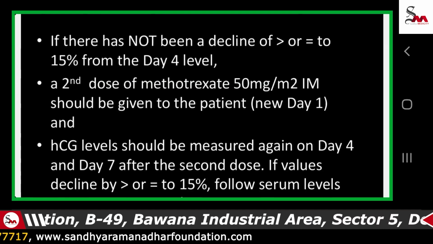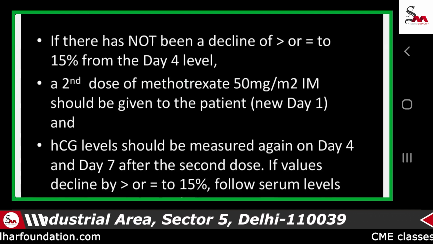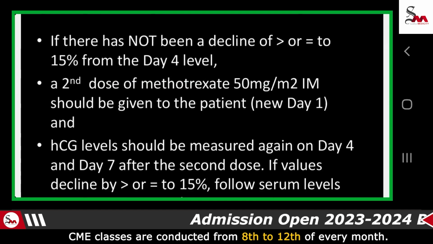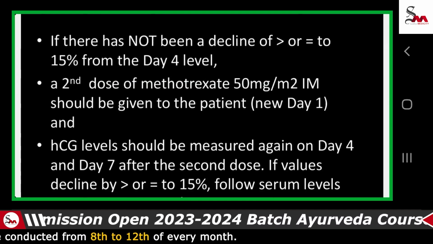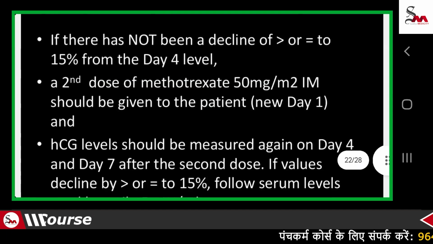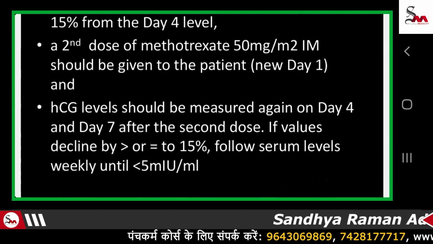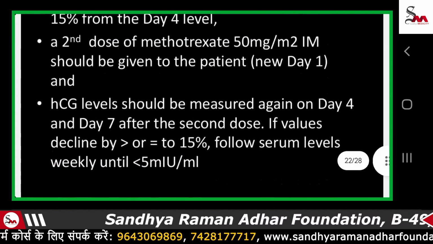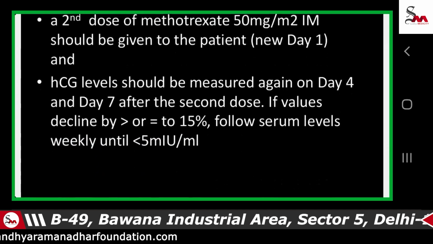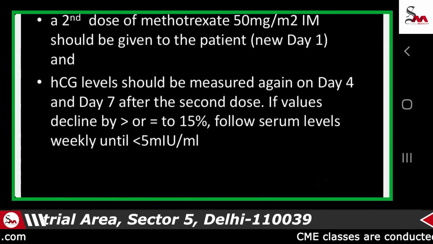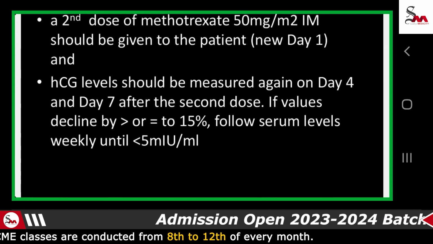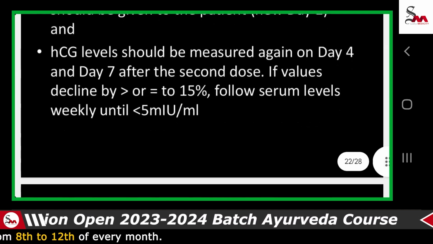And if there is no decline in the levels of HCG, or the decline is less than 15% from day 4, then a second dose of methotrexate 50 mg intramuscular should be given to the patient, and it is taken as the new day 1 treatment protocol. And again, HCG level should be measured on day 4 and day 7 after the second dose. If values are raised or declined by up to 15%, then follow serum levels weekly until it comes less than 5